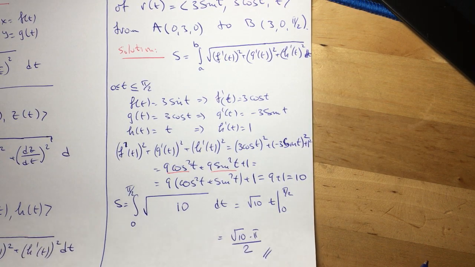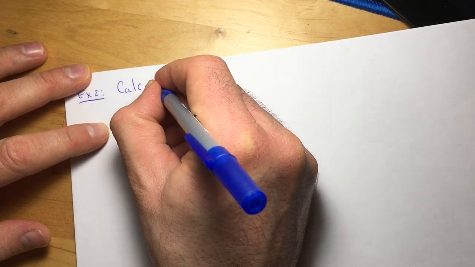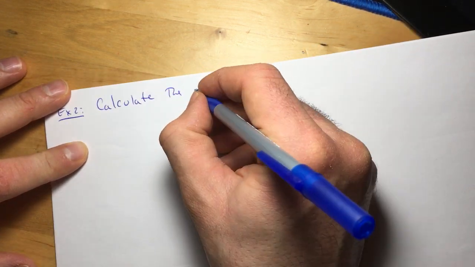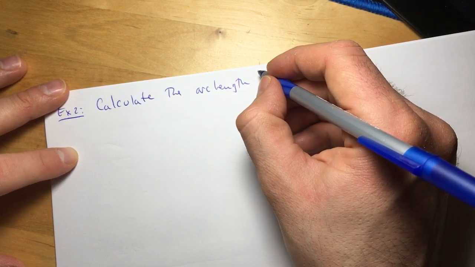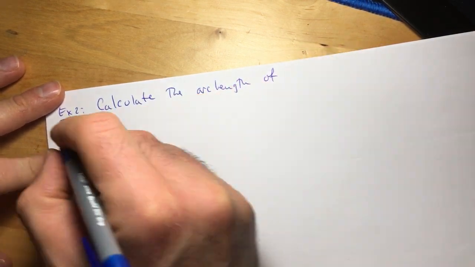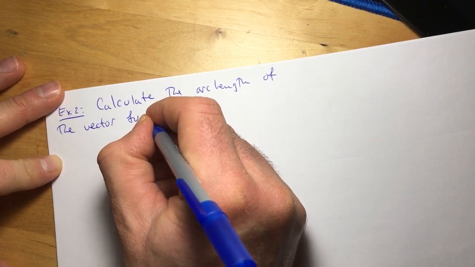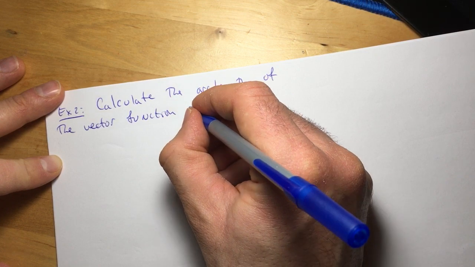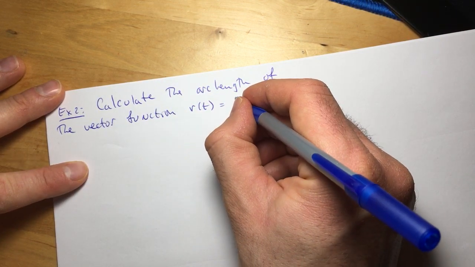We can do another problem. Example number 2. Calculate the arc length of the vector function r of t is equal to